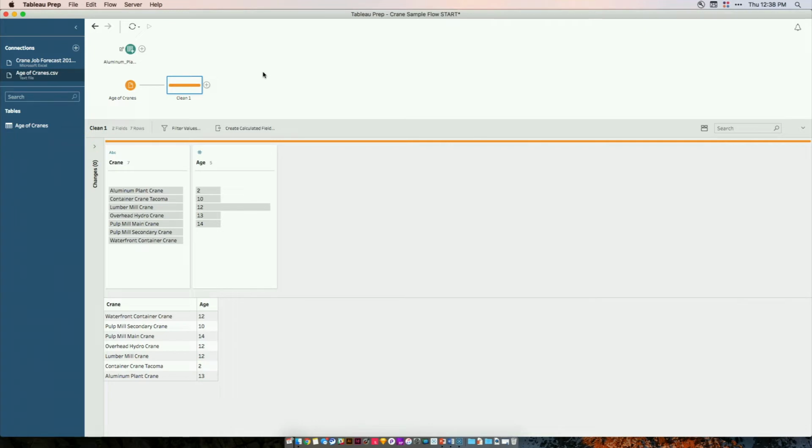And this is more of what the bread and butter of the UI really is. We want people to quickly see what's in these tables, so I can understand, okay, there's 2 fields, crane and age, and I can quickly see all the values and roughly the number of values that are there as well. And I can do the same for the next step,